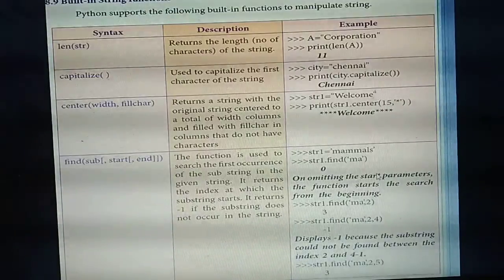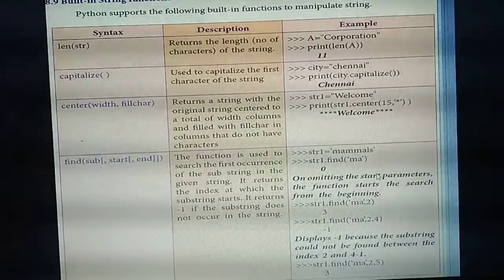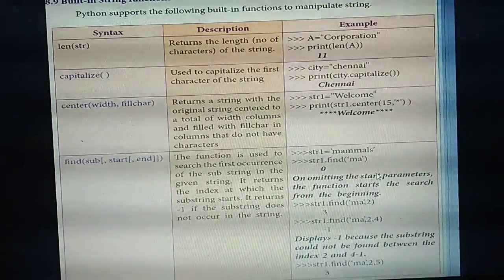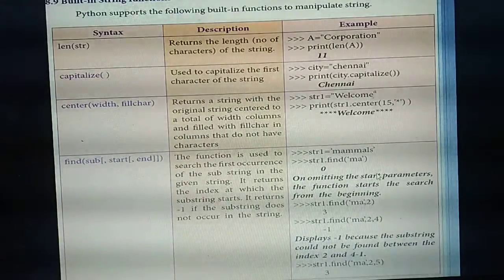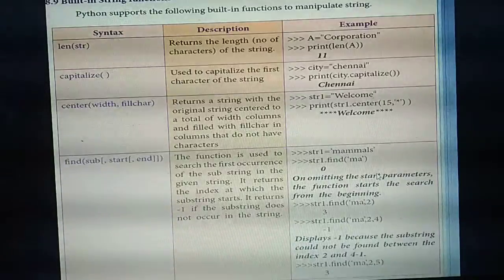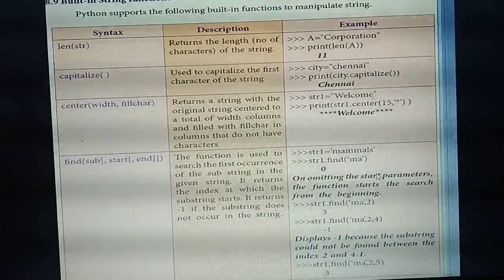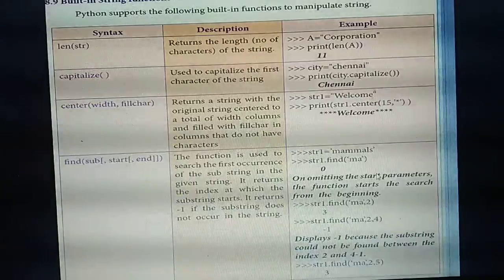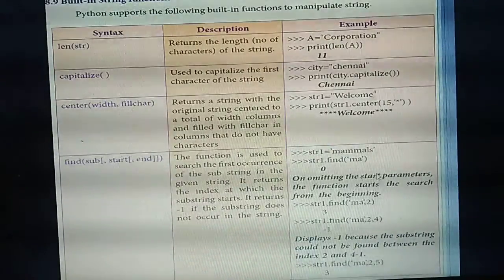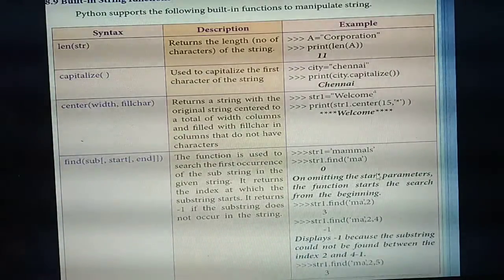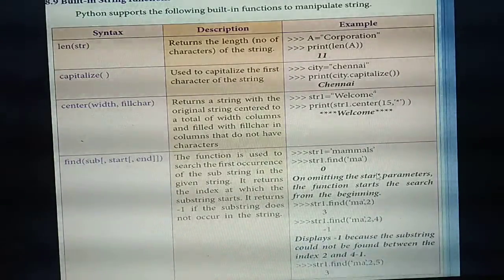Okay. So here you are going to find the substring in the given string. You are giving some substring, so you are going to search for the substring in the main string. And it will also return the index value for the substring, that means from where the substring starts.